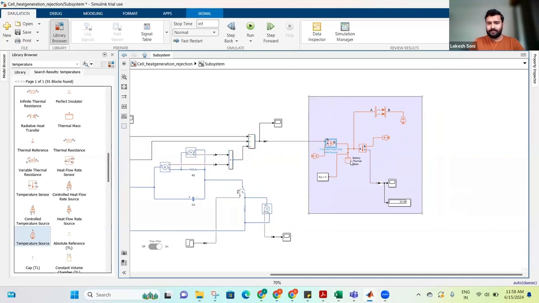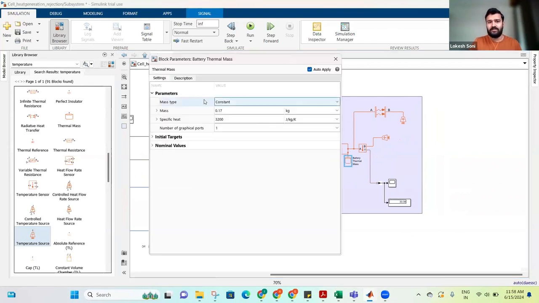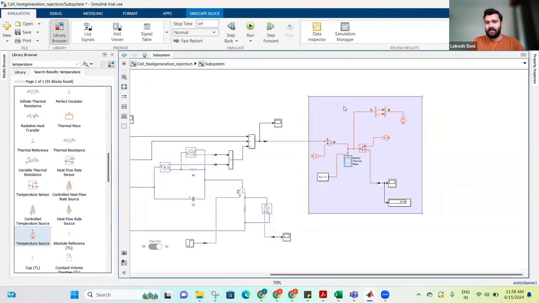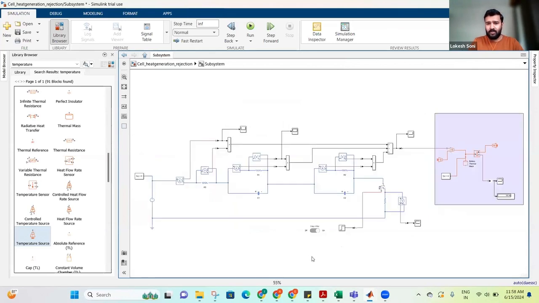Going to this part, I have put these values with respect to one single cell: mass and specific heat. Ignore this section for a few seconds. So this is what we had done. We have implemented this, so this is already in place. So what you will see here now is,